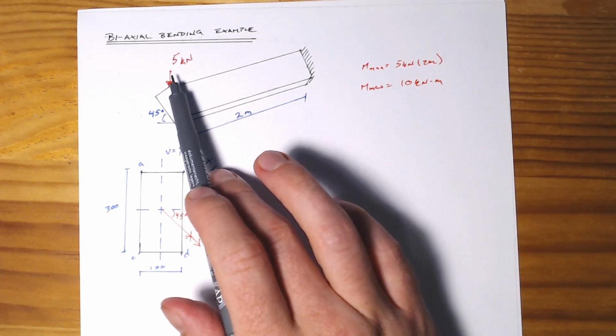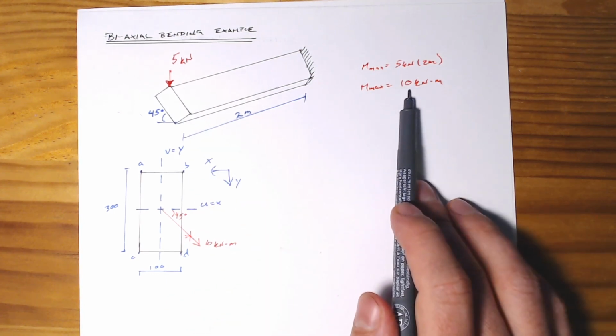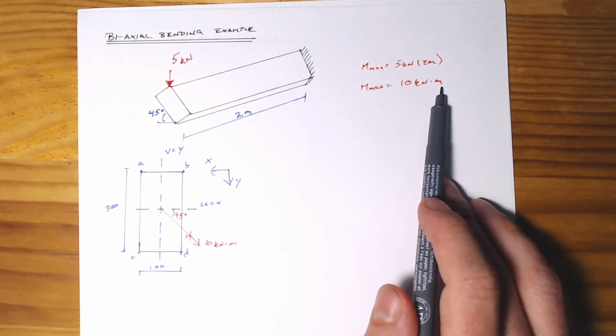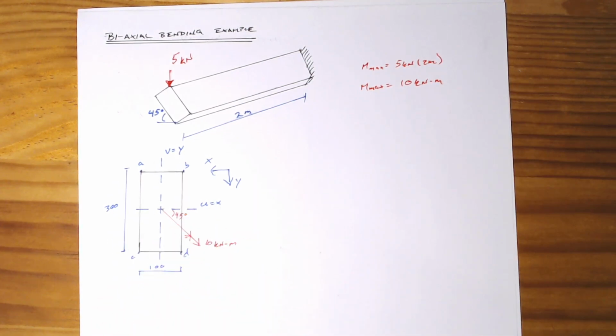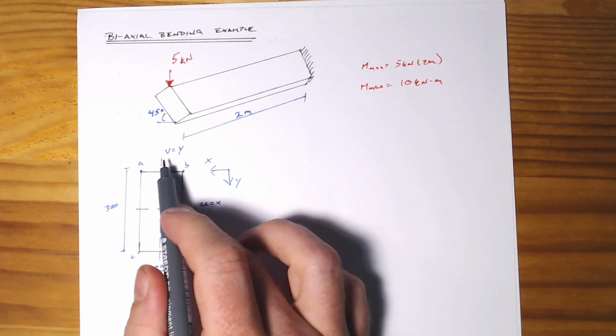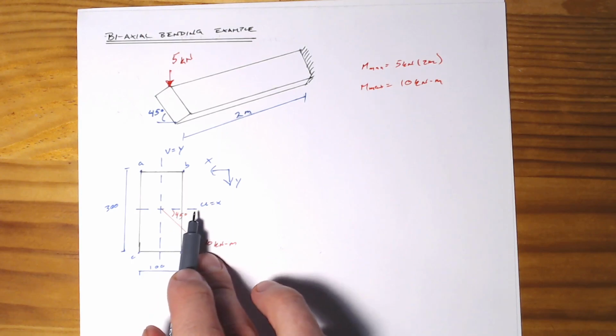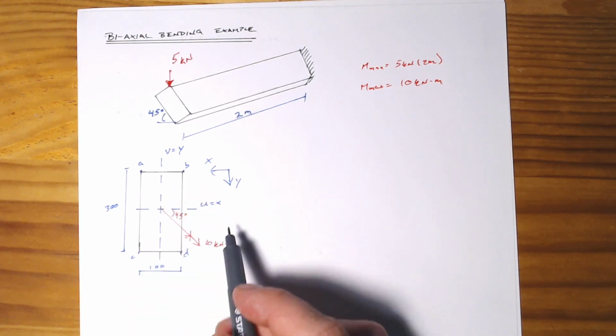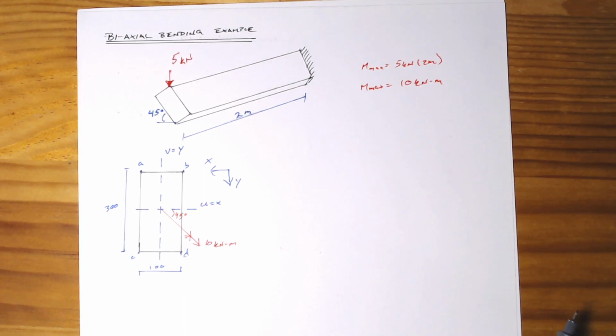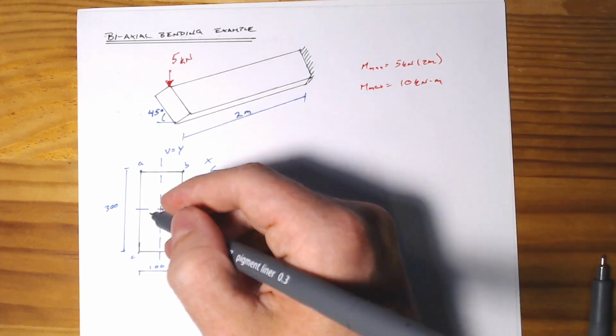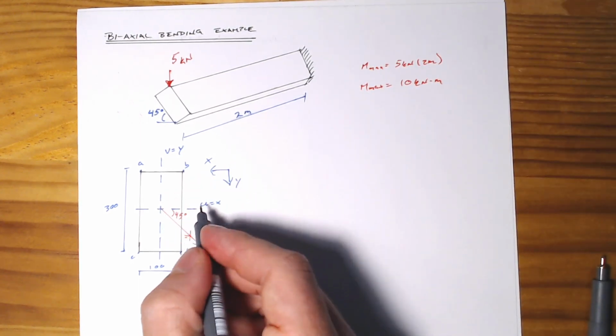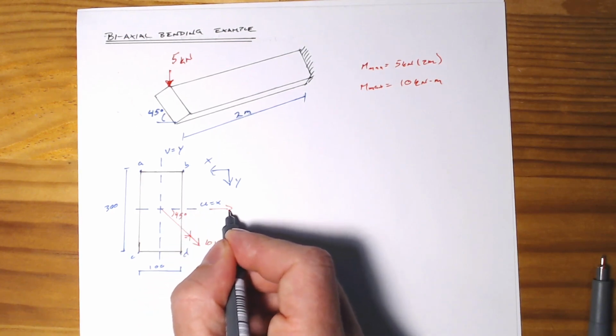One of the first things we can find is that our maximum moment is simply going to be 10 kilonewton meters. If we draw our cross section here, one thing we do know is that because we're working with a symmetric section, our centroidal axes, the conventional X and Y, are also going to be the principal axes. So if our resultant bending moment is 10 kilonewton meters at 45 degrees, we know that we've got